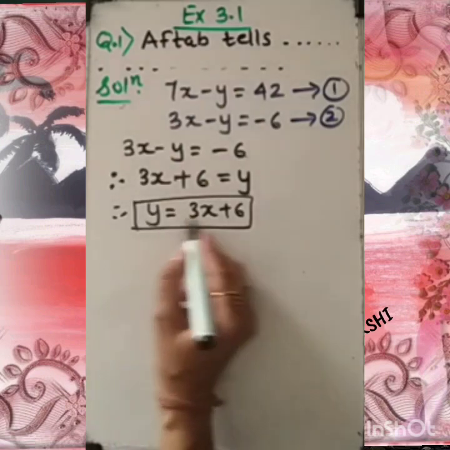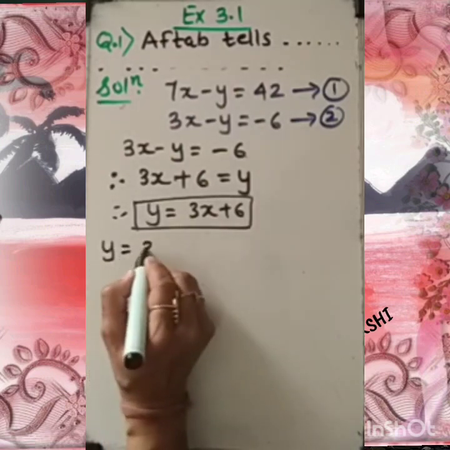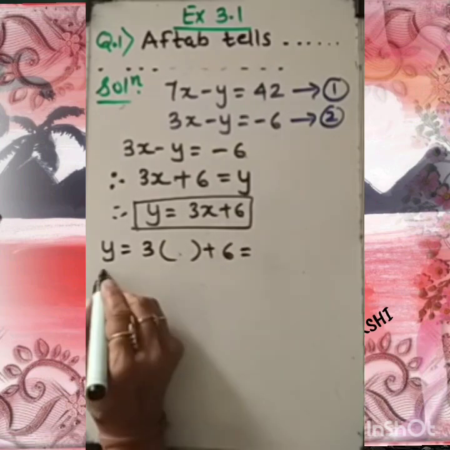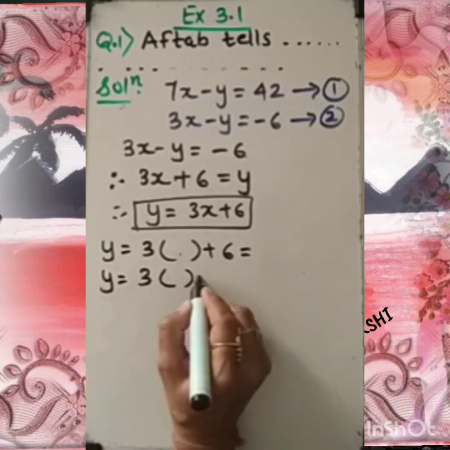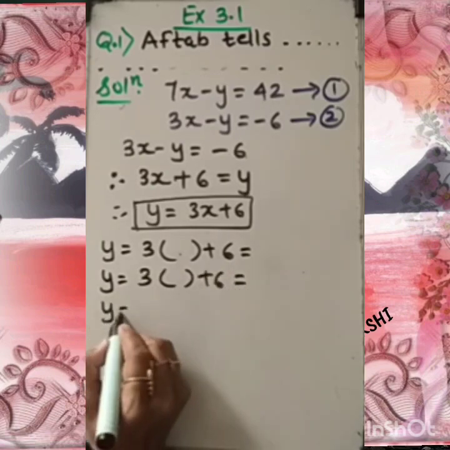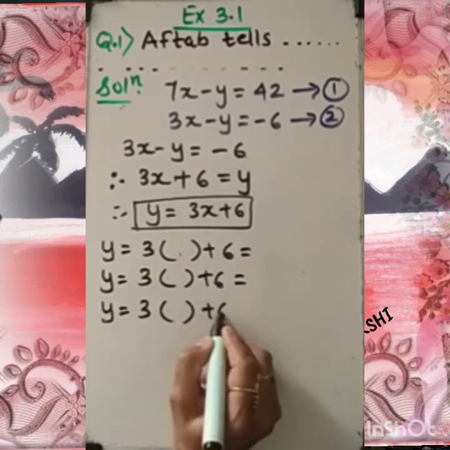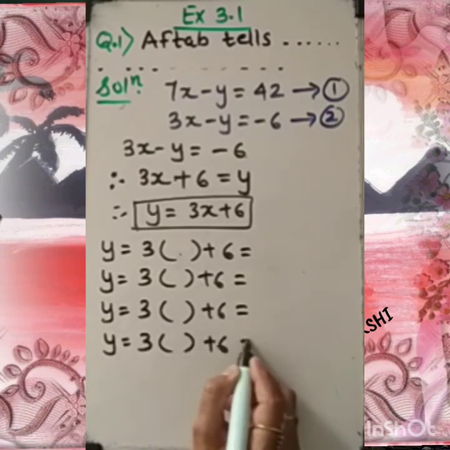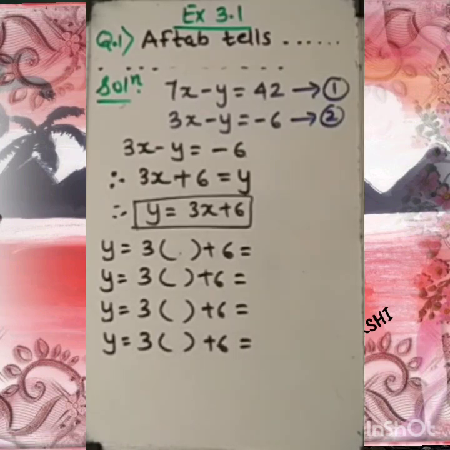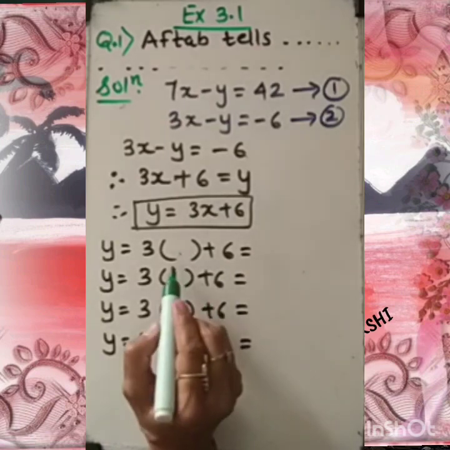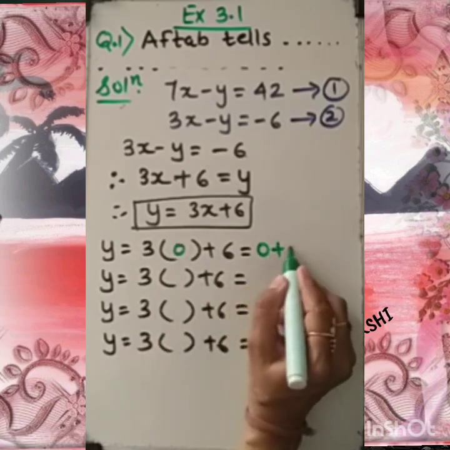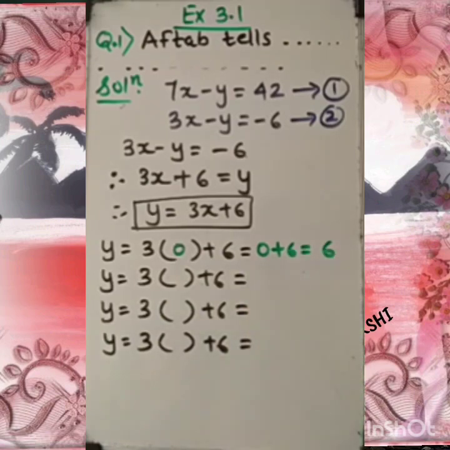Fine. Now in this equation, for different values of x, we put the value and we will get the result. So think wisely. Before you put any value, think and choose the number in such a way that it should be easy for you to locate that number on the graph paper. So for your convenience, I would like to choose 0 first. 3 into 0 is 0, 0 plus 6 gives the result 6.